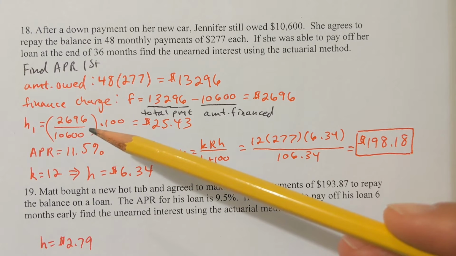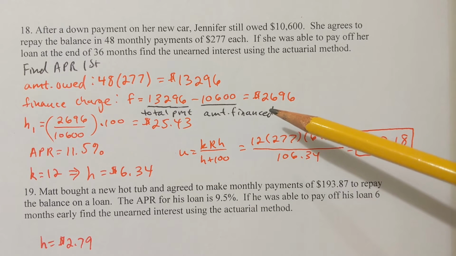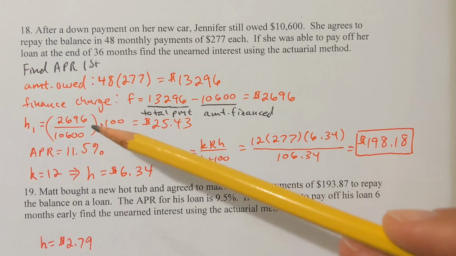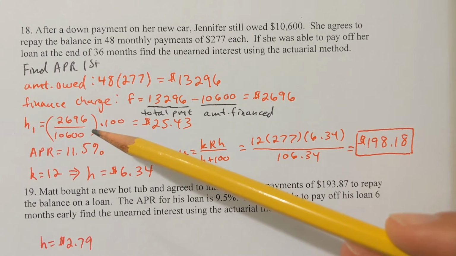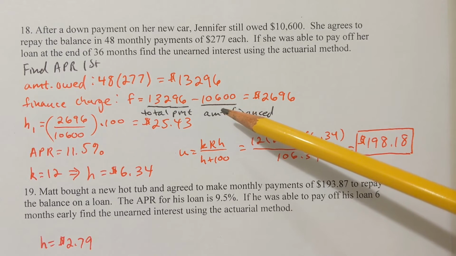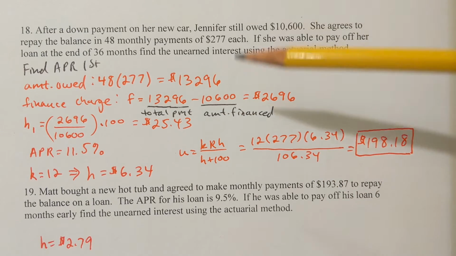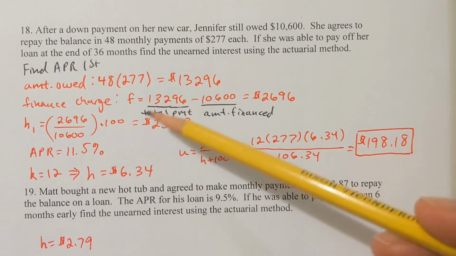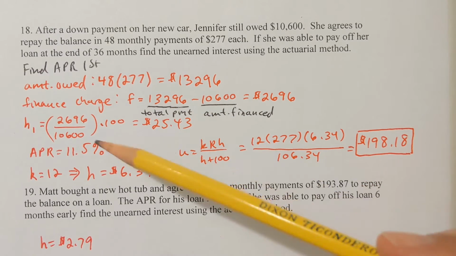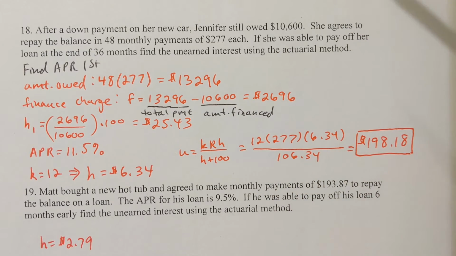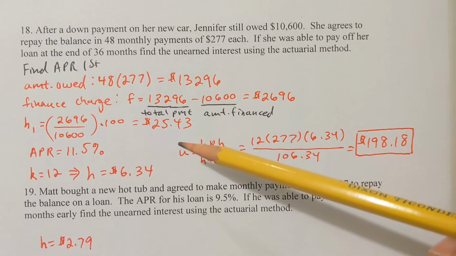So I take the finance charge, the $2,696, divided by the amount that's financed, which is the $10,600. And by the way, make sure that you get that number correct, the amount that's financed. I see some people use the total payment there in the denominator and not the amount that's financed, so be careful about that. Times 100 gives you